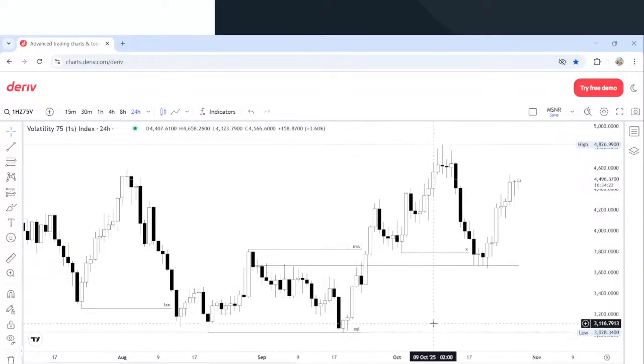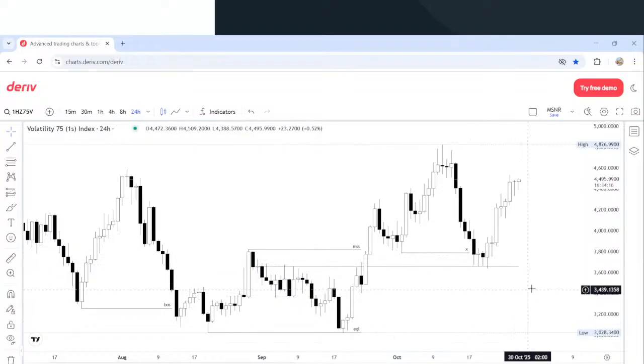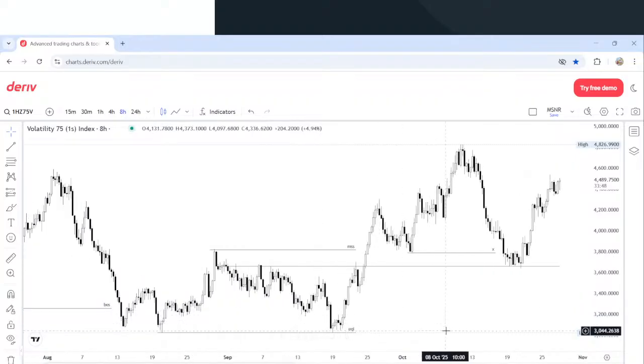As you can see now, I was wondering why it didn't reach this area, just reacting on the top. So you have to check for this inner reaction. All right, so you see it tapped on that and then went straight up. So many people were just waiting for it to react here. But if we go to a lower time frame and zoom in and zoom in and zoom in,